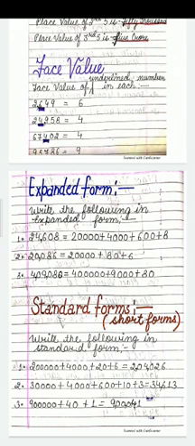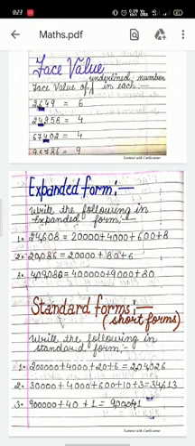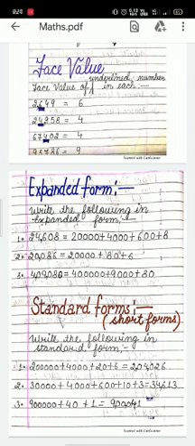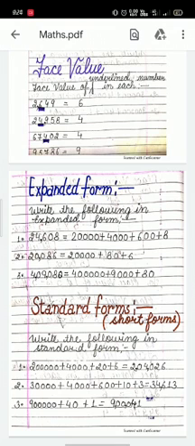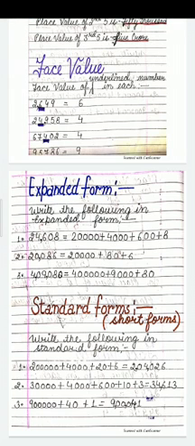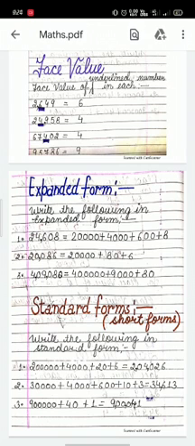If you're not getting this, you can simply write the first number, then count the number of digits on the right hand side. Like after 2, the numbers are 1, 2, 3, 4. So 4 zeros we will write on the place of those numbers. Then we'll write 4, the second number, and how many numbers are after that? On the right hand side of that there are 3 numbers, so we will write 3 zeros on the place of those three numbers.